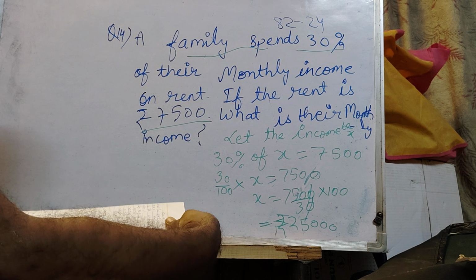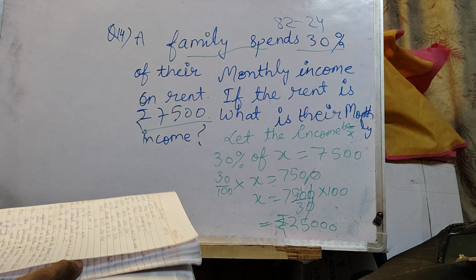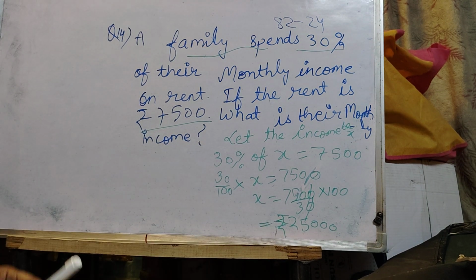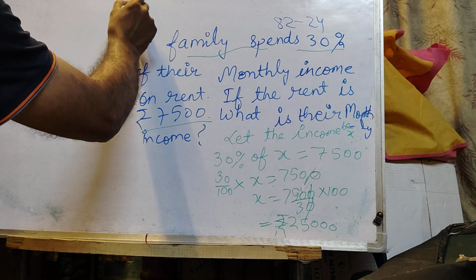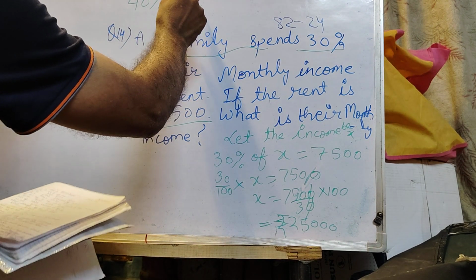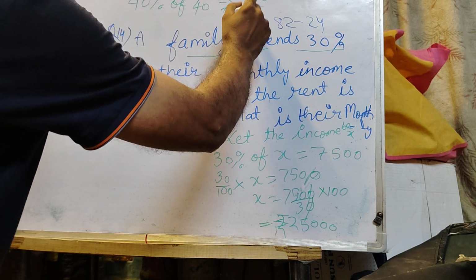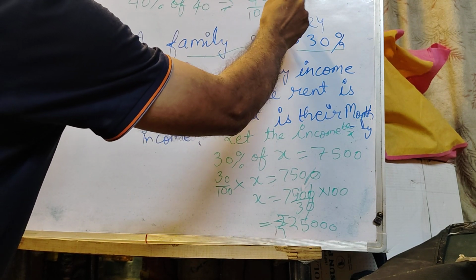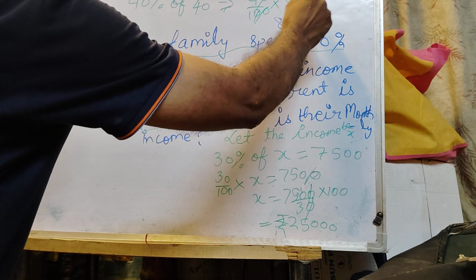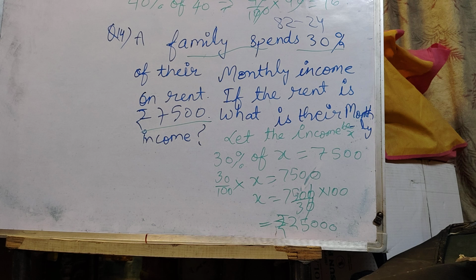And your last question was, in a class of 40 students, 60% are girls. How many are boys? So boys are 40%. So you have to find 40% of 40 students. So what is the mistake in your answer? Very small mistake is there. So you got 20 cancel, 4 4s are 16. So the number of boys is 16, not 16%. So you wrote 16%. That's why it is incorrect. Small mistake, incorrect.